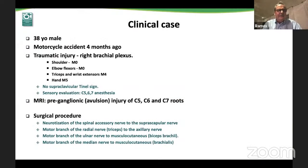That's the case. It's a 38-year-old male, motorcycle accident 4 months ago. So a traumatic injury of the right brachial plexus, no shoulder, no elbow flexors, some weakness, paresis of the triceps and wrist extensors. Hands okay, so flexion of the wrist and fingers working well. No supraclavicular Tinel sign, sensory evaluation 5, 6, and 7, anesthesia, MRI showing preganglionic avulsion injury of C5, 6,